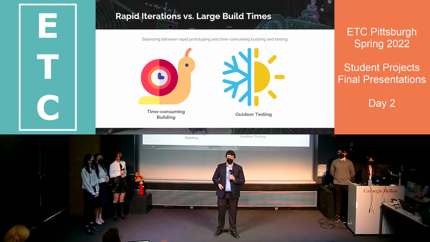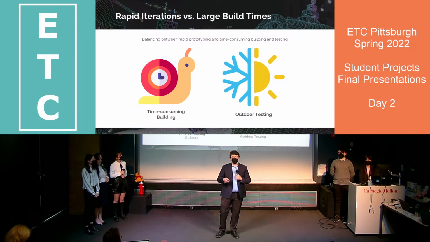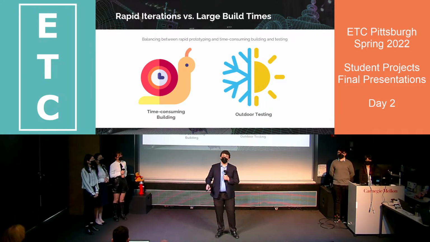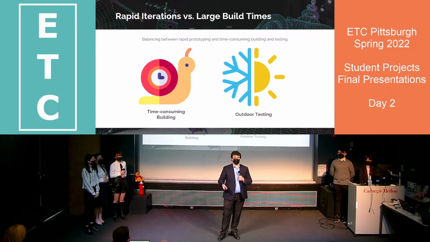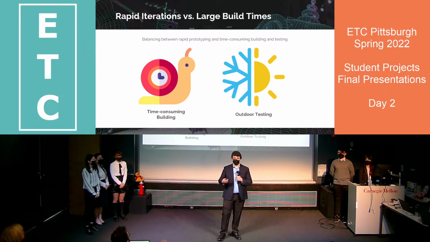Another struggle that we had was balancing rapid prototyping versus large build times. So the project itself took a long time to build due to the complicated nature of the project. And also, because this is an outdoor experience, weather is not always suitable for playtesting. Even sunny days are actually bad because of the glare it puts on the phone. So partly cloudy days tend to be the best for playtesting. So to combat this, we did do some paper prototyping as well as creating indoor items to substitute for these limitations.